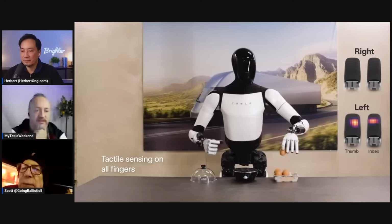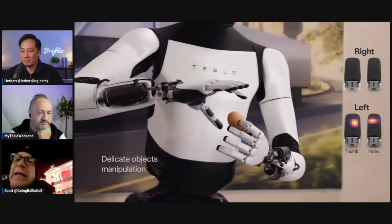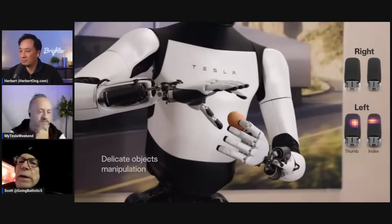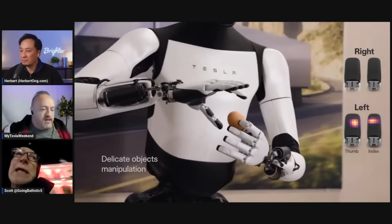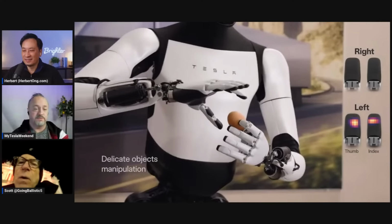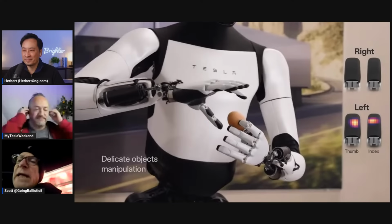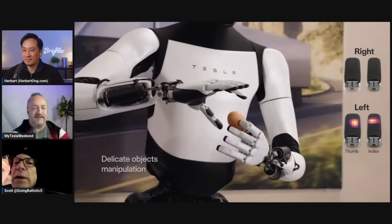And then if we look at what they're doing here with the hands, this is what is definitely new, and that is the touch sensing. The idea of picking up an egg is something which has always been a problem in robotics, and now they're able to do it because they have touch sensing. But look at the heat map. Look at how the heat map moves around there on that touch sensor. I don't know if they have touch sensing only on the fingertips, if it's also in the middle of the fingers, or if those are just non-slip pads that they put there for when they grasp anything else. But clearly, they now have the sensory data coming from the tips